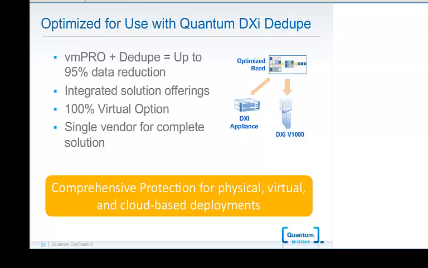And we also have a 100% virtual option. So VM Pro, as we mentioned earlier, is a virtual appliance and deploys itself as a virtual appliance in your VM infrastructure. At DXi, we have physical appliances that are very traditional. And we also launched DXi V1000, which is a virtual appliance expression of our DXi platform. So taking our entire DXi software stack, all the features and benefits of that technology, and putting it into a virtual appliance allows you to deliver a complete virtual appliance option for complete data protection for your